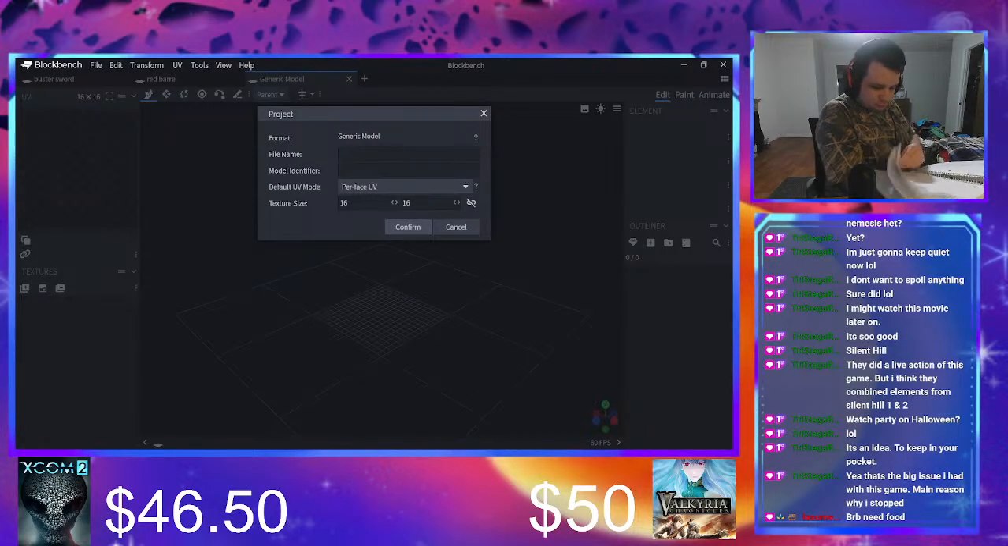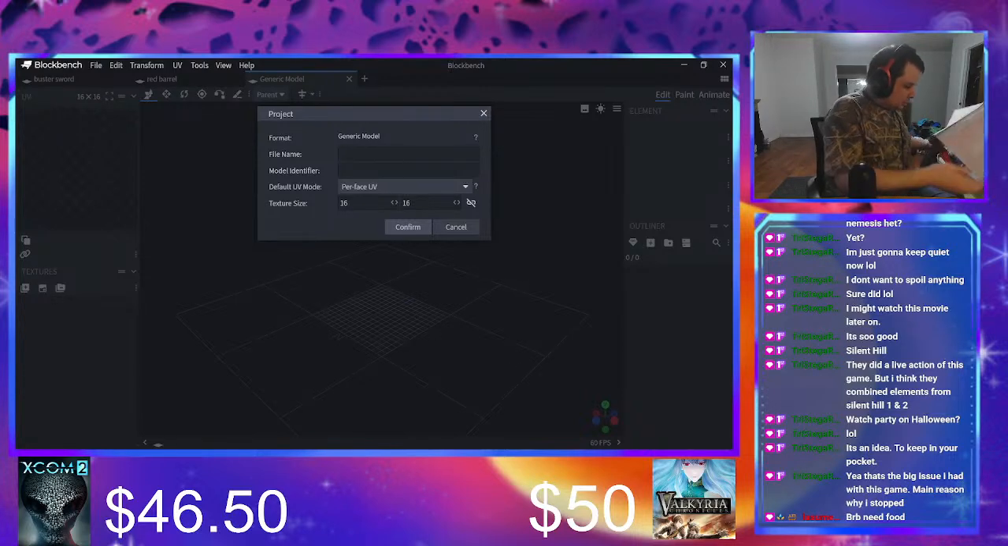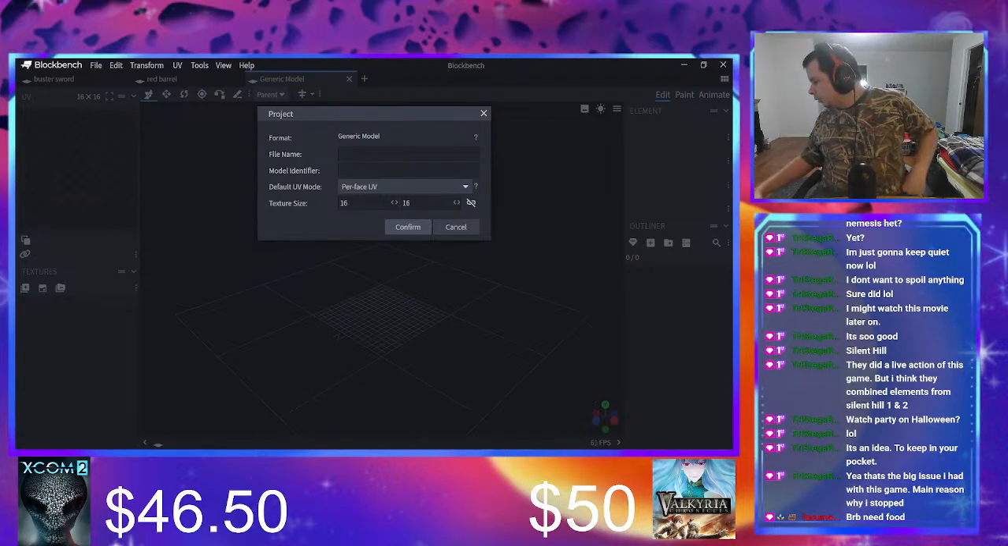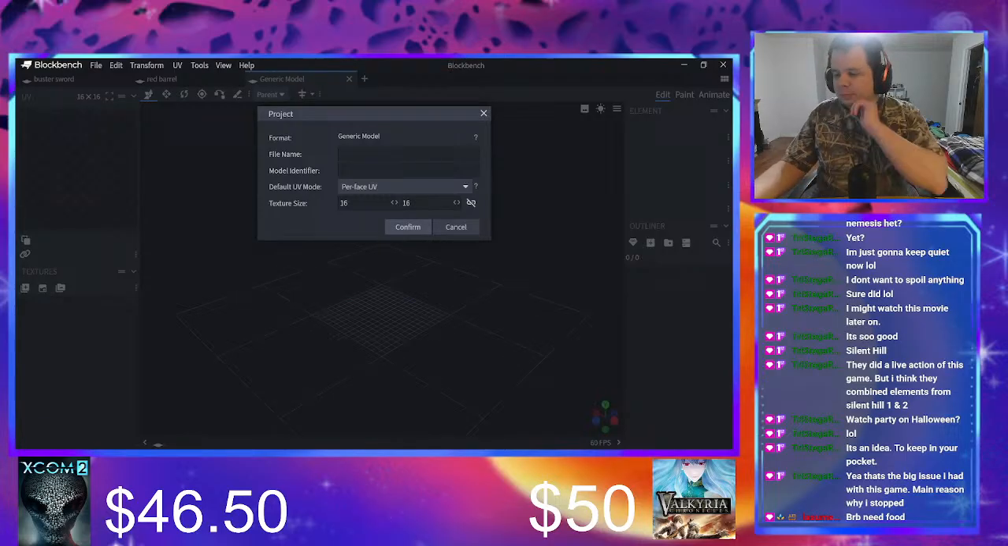So, there's a lot of concept sketches in here. Okay, let's see. Okay, let me see if I can just set that right there. And yeah, this is the program I use to 3D model in. It's called Blockbench,